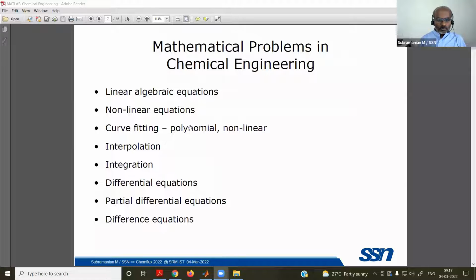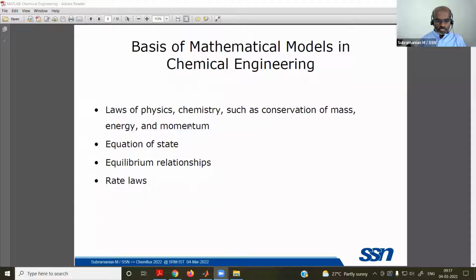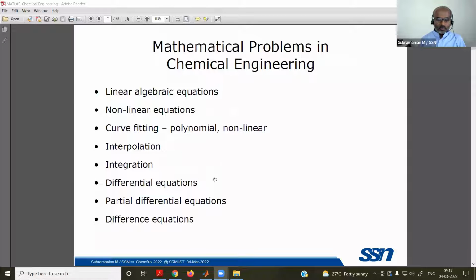So these kinds of equations are always in terms of mathematics. We are encountering linear algebraic equations and nonlinear algebraic equations. Of course, many times these are coupled equations, what are called simultaneous equations.